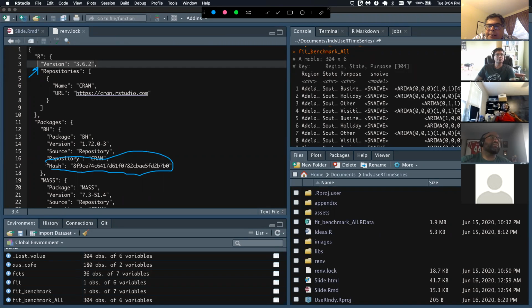But every time I open up the project, it reminds me that my original lock file was using a different version.